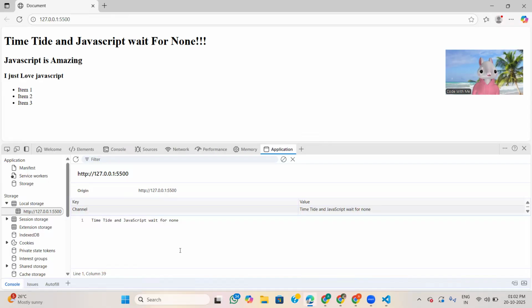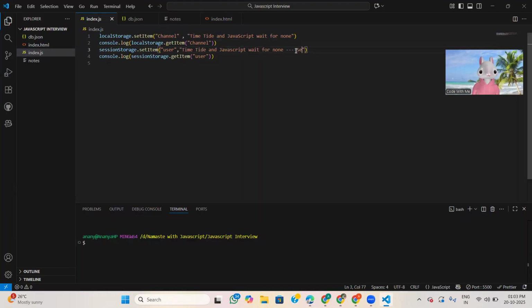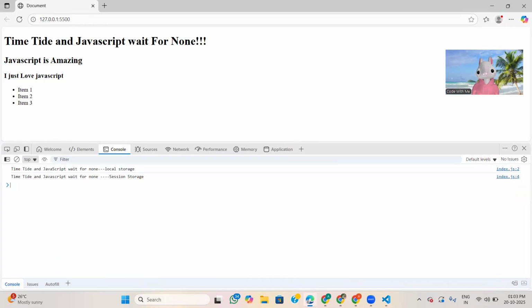Now when we go there, see in the console, this is session storage, and this is local storage.